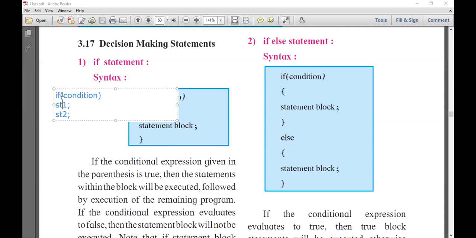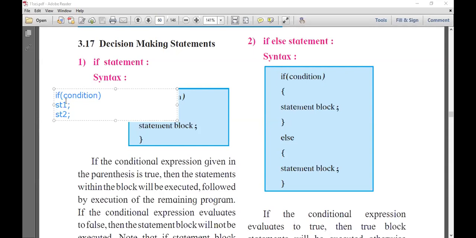If condition is false, then statement 1 will not execute. Understood what it says?